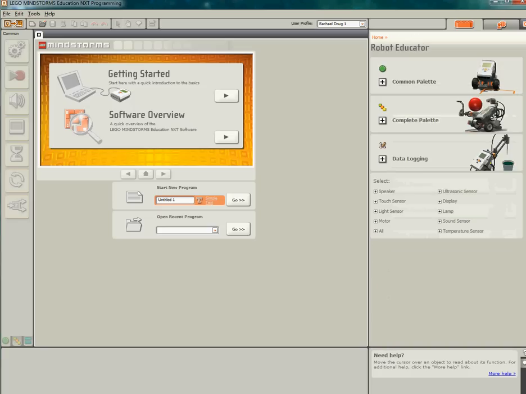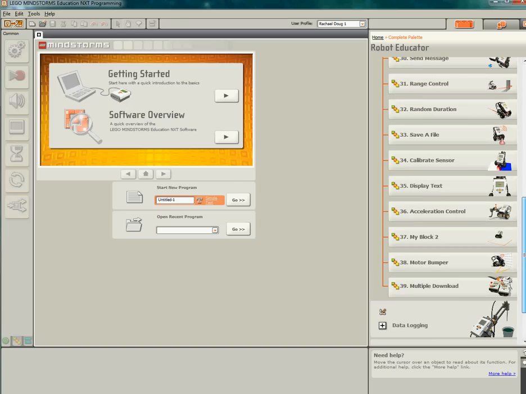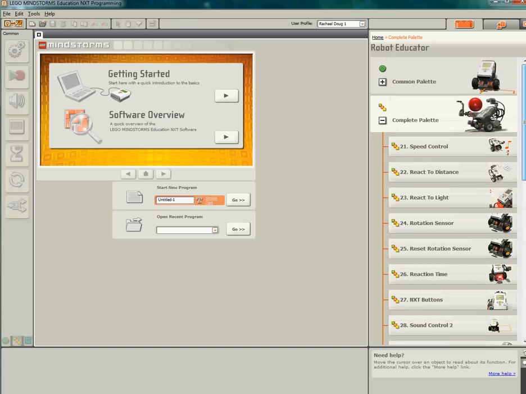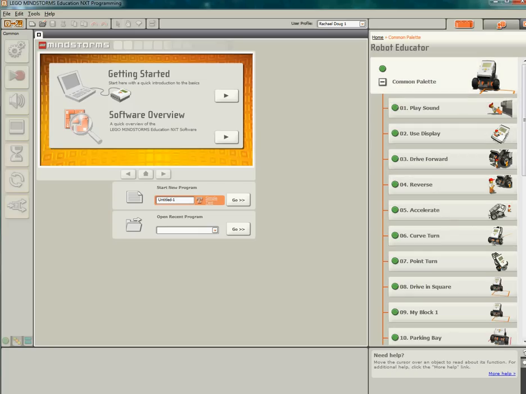And then there's also the complete palette, which also has about 19 lessons. You will not be completing all of the complete palette lessons. You're also going to see data logging, which is something we are not going to be learning about. So I'm going to go ahead and click on the Common Palette and show you how each of the lessons